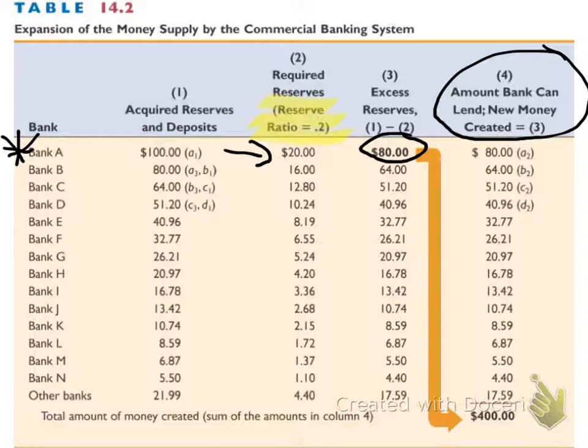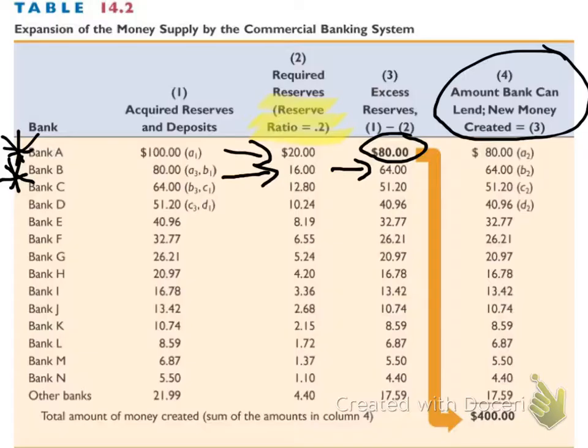Let's say my friend Eric comes in, he needs to borrow $80 toward a new car, and they can pool together my excess reserves with everybody else and lend Eric the money. Well, Eric gets a loan in order to go spend it on something. Nobody gets a loan in order for it to just sit in their bank account. So he goes out and spends it on what he needed it for, and that money gets redeposited in Bank B after it's spent. Bank B has to keep 20% of 80, which is $16, meaning they can loan out 64. And when the 64 gets created, the money supply has gone up.